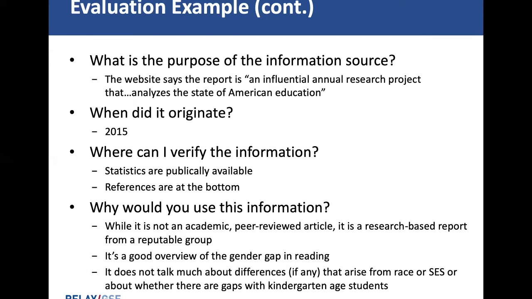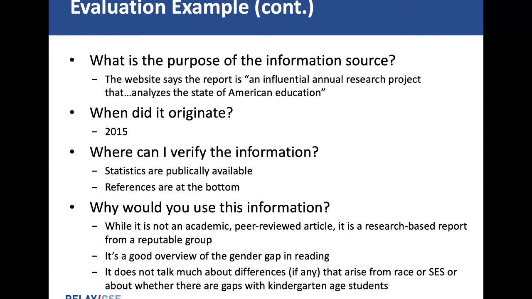If I wanted to find something a little more recent, I could also do a search for this article on Google Scholar to see if there are any more recent articles that have cited this report. In summary, it's not an academic or peer-reviewed article, but it is a research-based report from a reputable group, so it seems like I can trust the information it provides. Because of that, and because it's relevant to my research question, it's likely a good source to use. However, I should keep in mind that it doesn't talk about differences that stem from race or socioeconomic status, and it doesn't talk about kindergarten age students specifically, so I'll likely want to find other articles that address those things